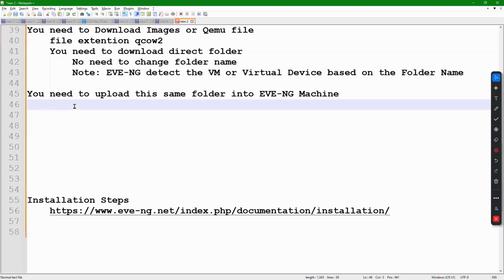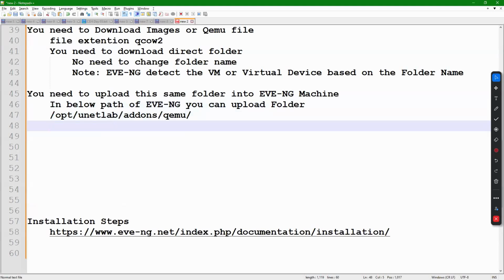So in this step, in the below path of EVNG, you can upload the folder here. And how can you access this path?